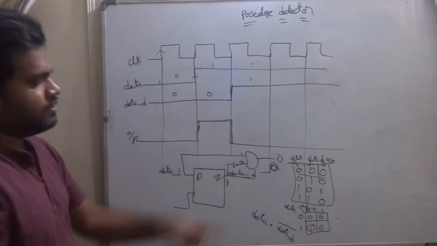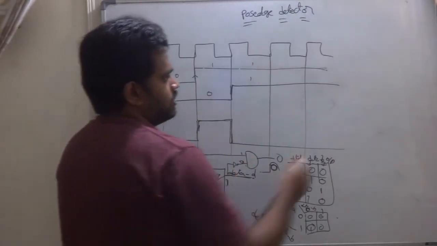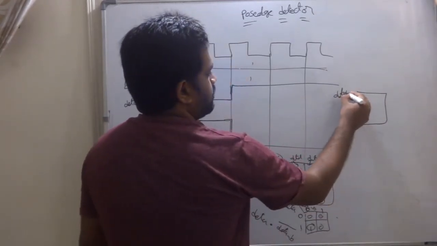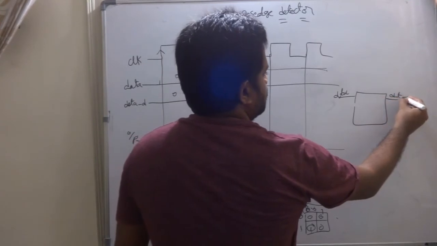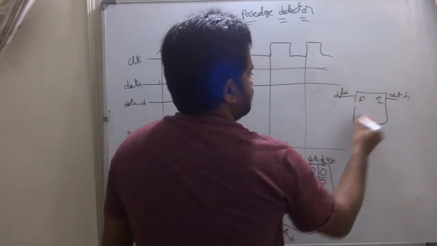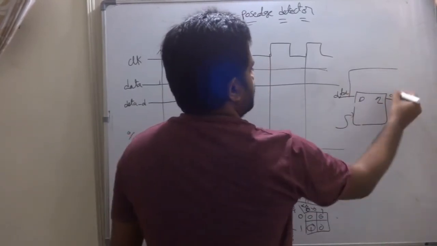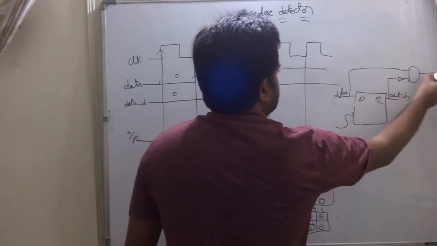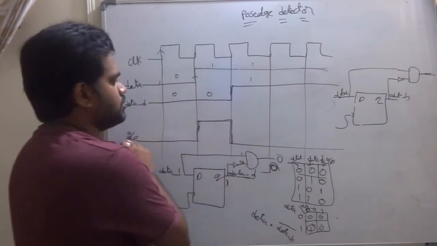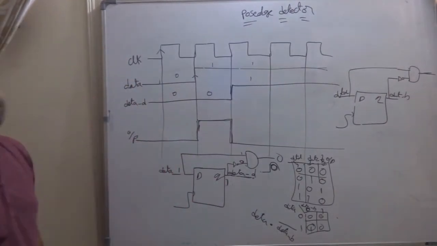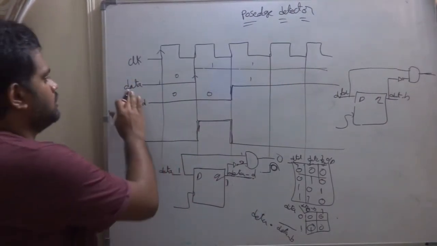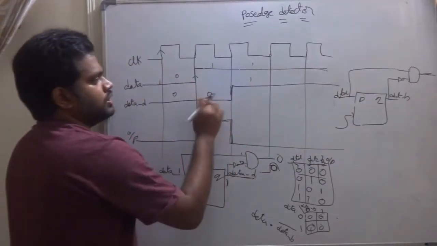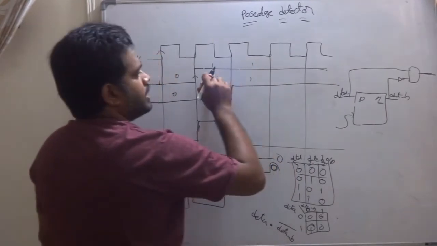Okay. This is the hardware for this. What is the hardware? There is a flop. It has data, here data underscore D. This is DQ. This is the clock, this is directly here. This goes through the NOT and is given to the AND gate. This is the output. How am I drawing this? I am flopping the data. That's why I flopped it. That flopped data is 0. That's why I inverted. This data is always 1.